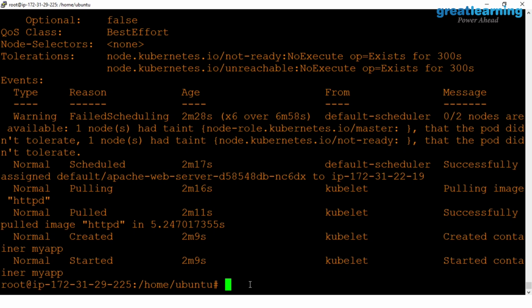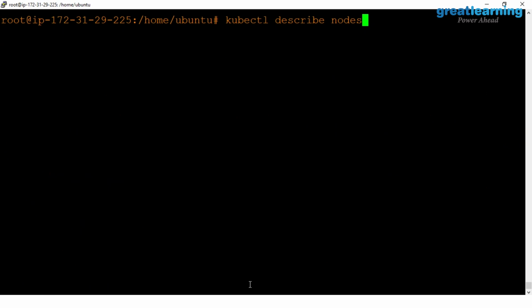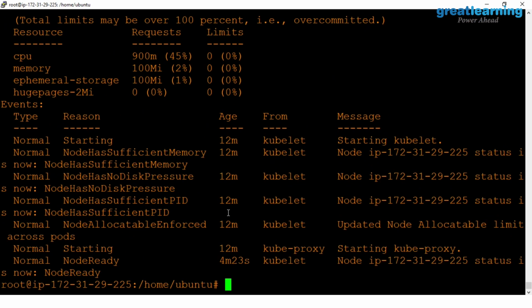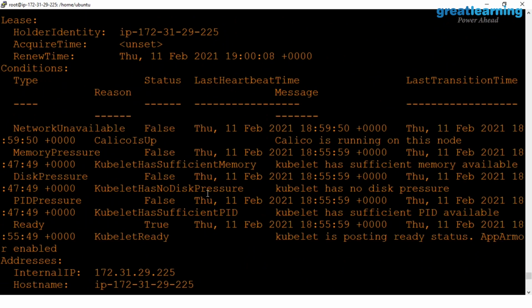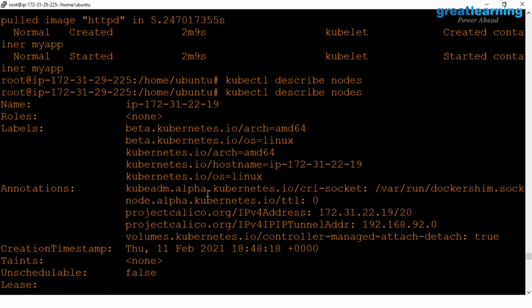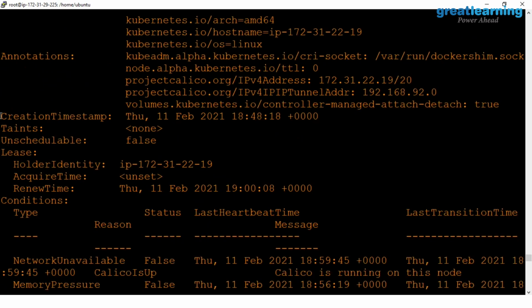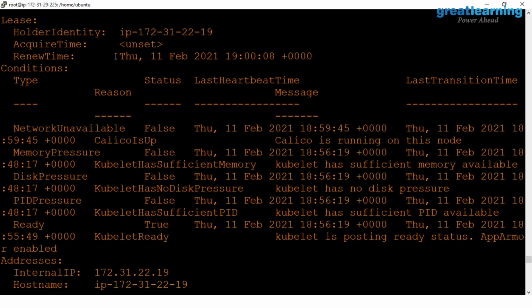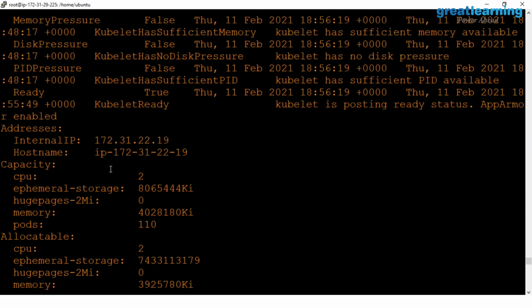Now we can go ahead and try this kubectl describe nodes also. So this will give us information about the nodes that we are running. So we have one manager node and one worker node, and you can similarly see a lot of information coming in. So if you keep on scrolling up, you can see there's a lot of data. So this is where we typed in the command. It gives you the name, it gives you the IP, whether there are any roles, what labels there are, the annotations that we use, the creation timestamps, the lease and holder identity, conditions,